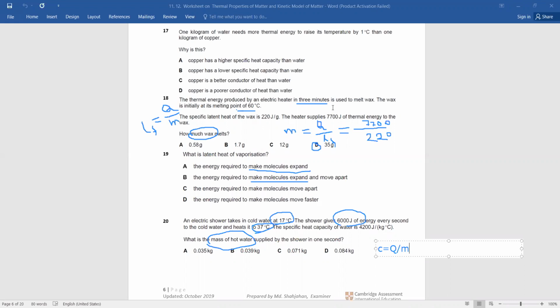That is the problem. We don't have any options here to write theta. So I'm writing again here m del theta, right? Is it okay? Yes, sir, c equals Q by m del theta. They are asking you to find the mass. Now we are writing m equals Q by c del theta, right?